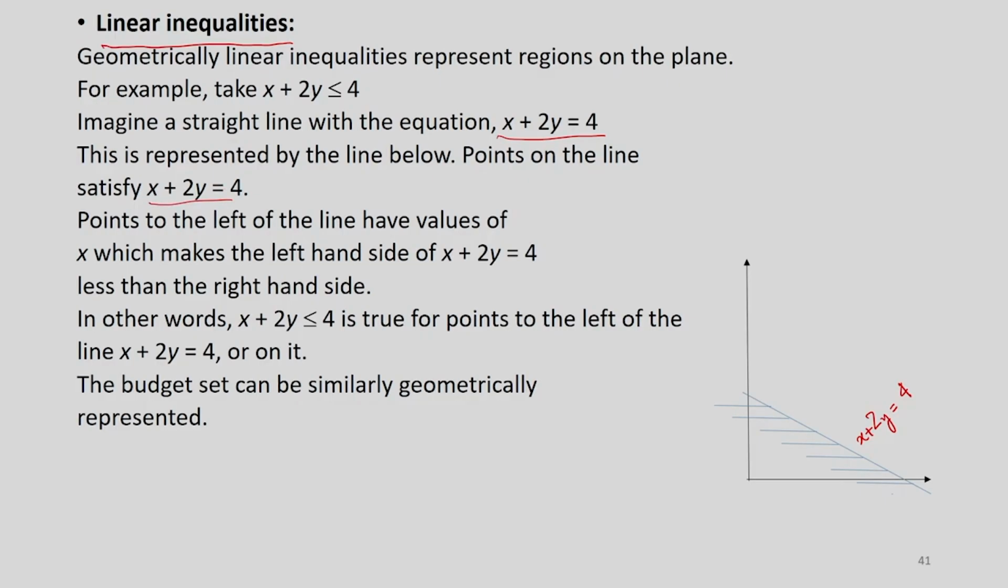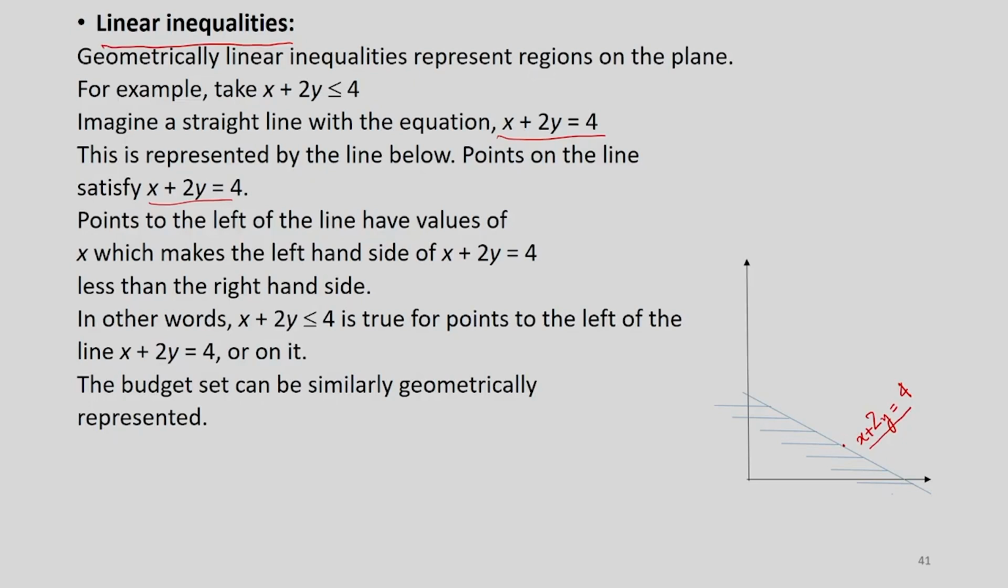Points to the left of the line have values of x which make the left hand side of x plus 2y less than the right hand side, which is 4. Okay, let us understand this. If you have a point on this line, then x plus 2y is equal to 4, which means you